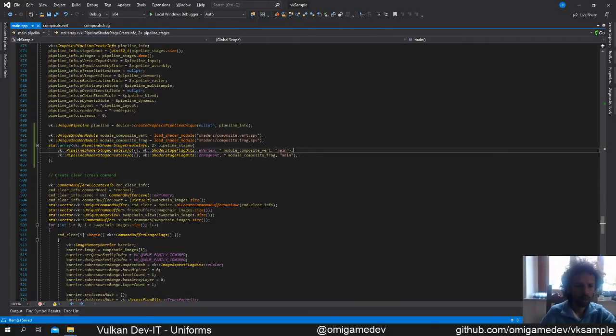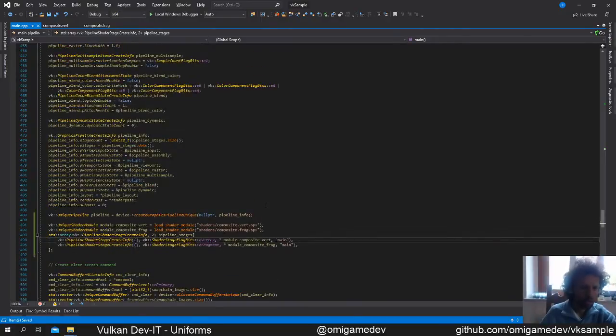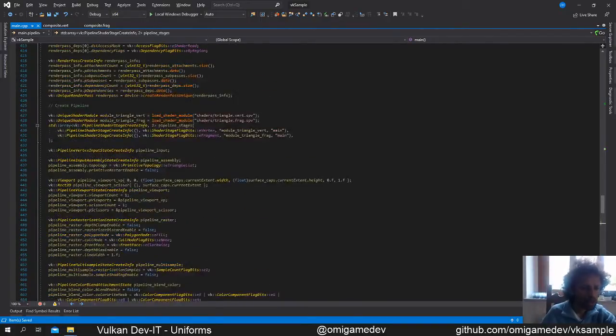Also get that replaced. It loads the shader modules, it gets them into the pipeline stages,